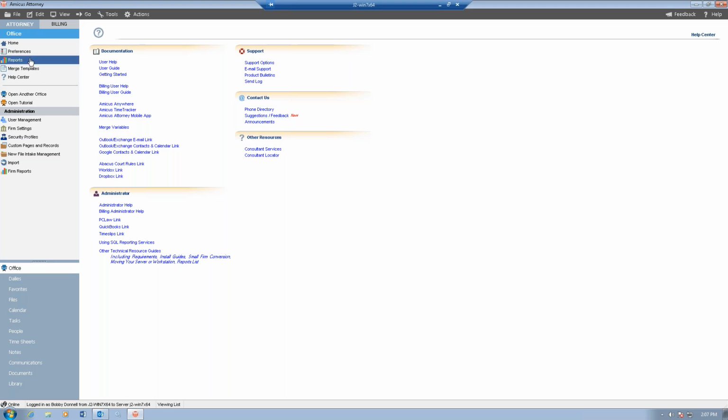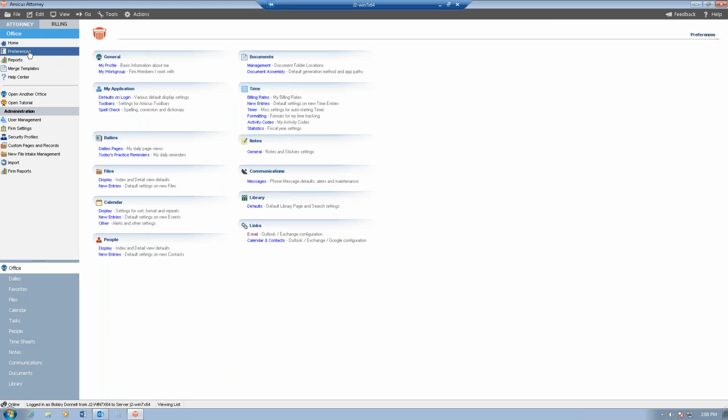Okay, so let's quickly look at the first of the bullets that I talked about, and that is the ability for an administrator to go in and change preferences. Of course, right now, any user can log into Amicus, go up to Preferences, and have access to their various settings. Now we've added a tool that lets administrators do this for other users. So as an administrator, I'm logged in as Bobby, I'm an administrator. These options here appear only because I'm logged in as an administrator. And now if I click onto user management,